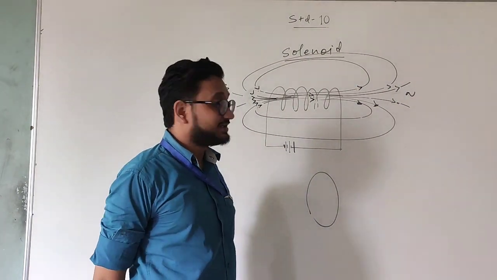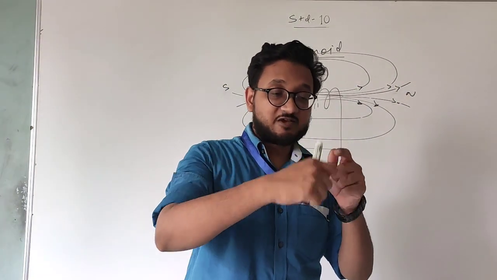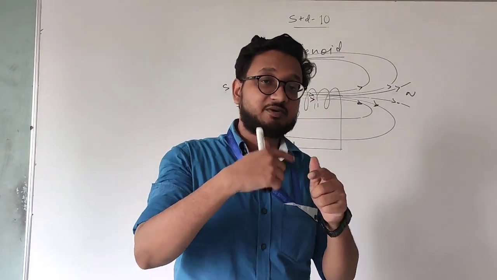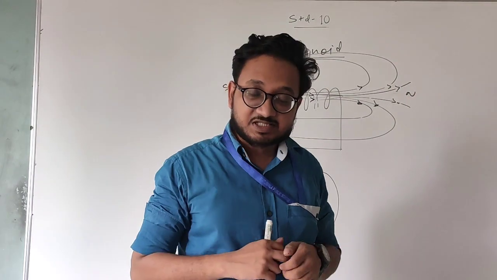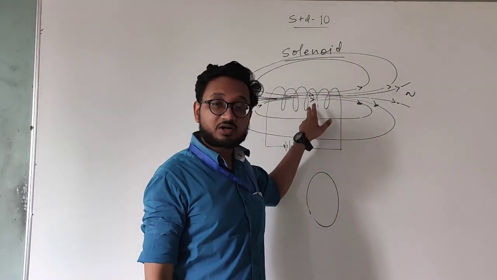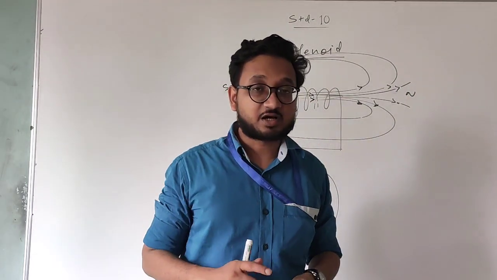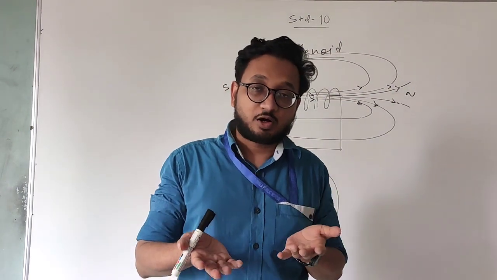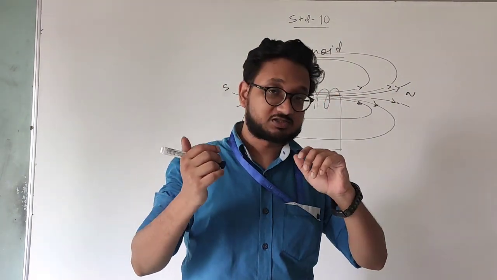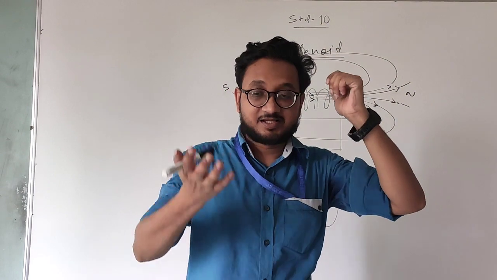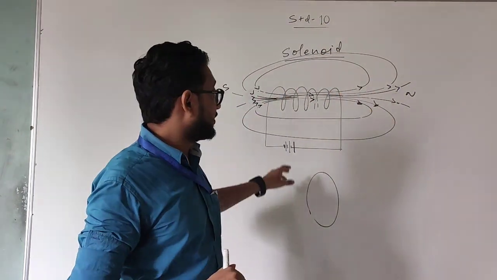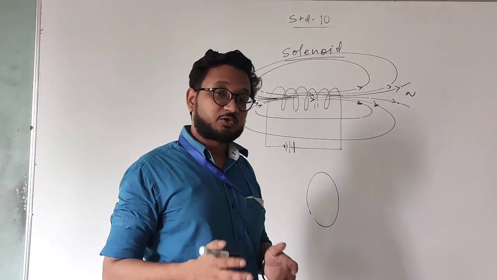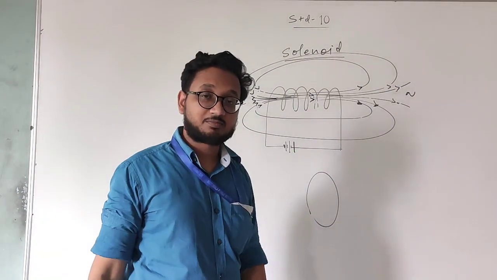Now you can increase the number of turns, and then the strength of the magnetic field also increases. But don't increase the length too much, because if you are increasing the number of turns, you are using more wire. And as we know, as the length of the wire increases, its resistance also increases. If there is more resistance, then less current will flow. So you need a balance of more current and more number of turns. If the number of turns increases, the resistance will increase and the current will decrease, so once again you will have less magnetic field. So you need to have a balance if you want to create a strong magnet.